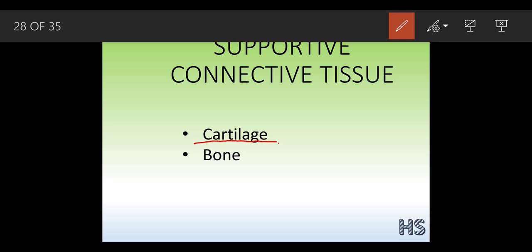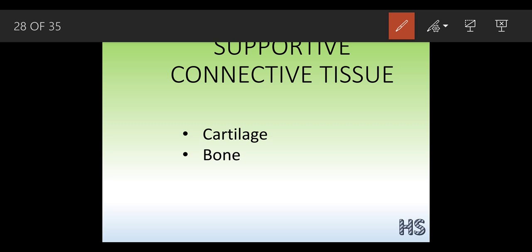Whenever we used to do mischief, the school teachers or our parents used to hold our ear and twist it. So how is it possible to twist this organ? Because it is made of cartilage. We can hold it, and it is also present on the tip of the nose. You can move your nose left or right. Cartilage is also present between the vertebrae. What are the vertebrae? That's the spinal cord. It helps to give them elasticity.